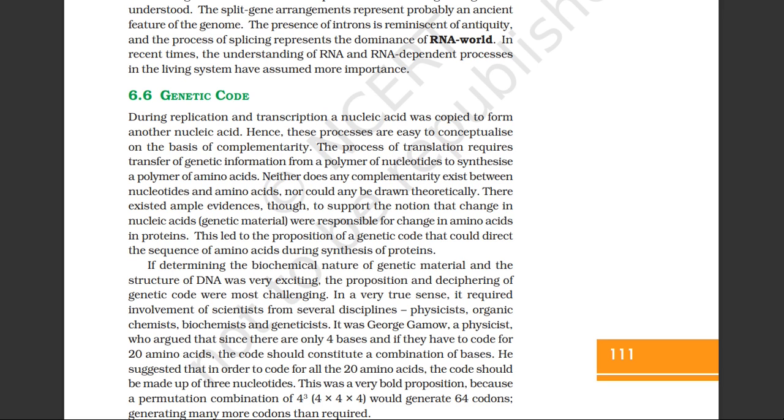It was George Gamow, a physicist, who argued that since there are only 4 bases, and if they have to code for 20 amino acids, the code should constitute a combination of bases. He suggested that in order to code for all the 20 amino acids, the code should be made up of 3